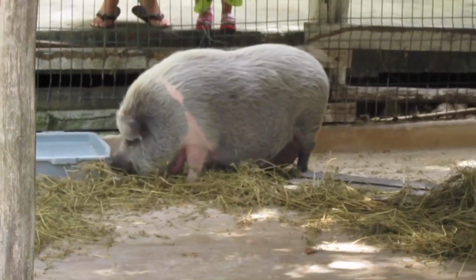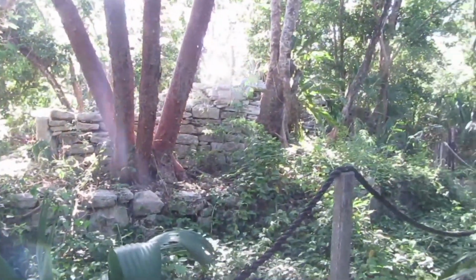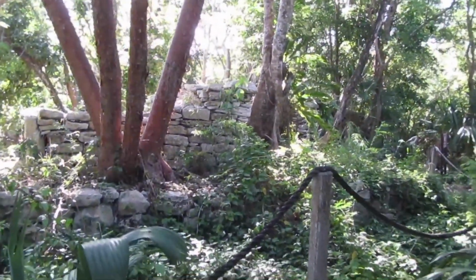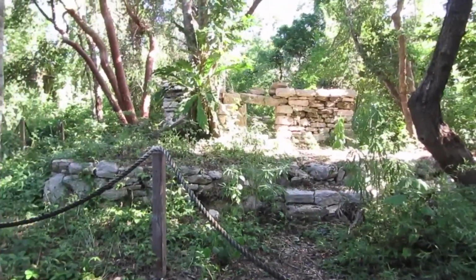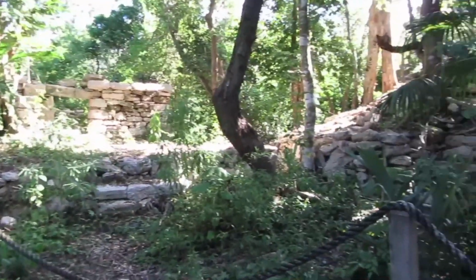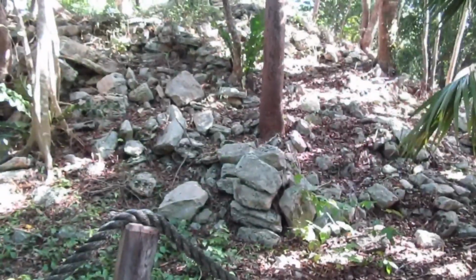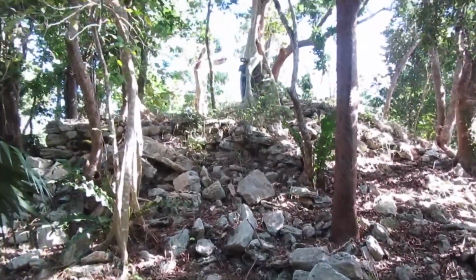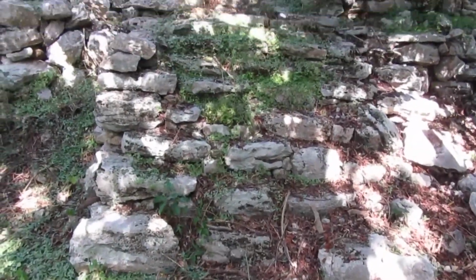Anyways, on the thumbs up side of this resort, the Mayan ruins that you see here, the animals and wildlife were thumbs up, and the pools and slides were very cool. On the thumbs down side, we weren't so impressed. The dining was not amazing, and we also upgraded to the adults only,